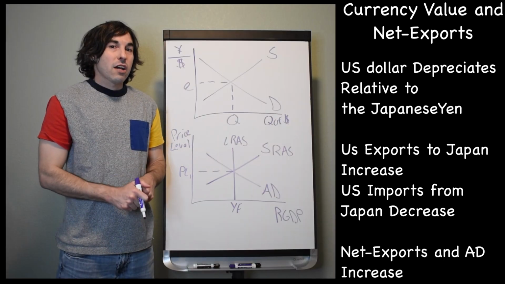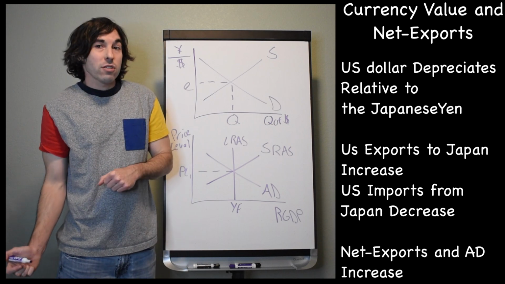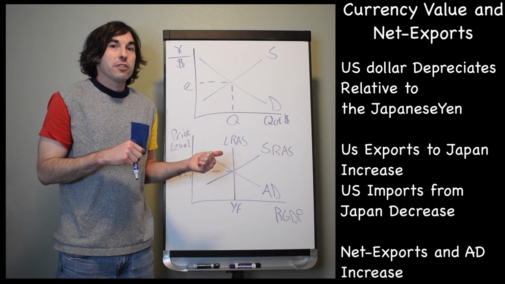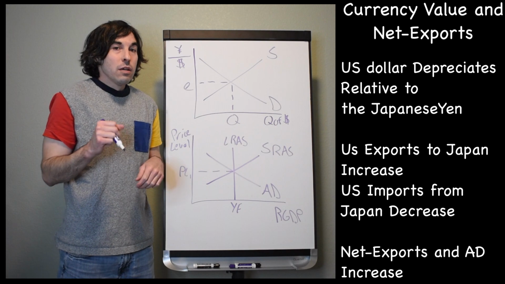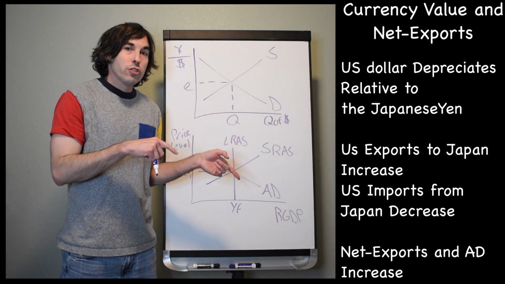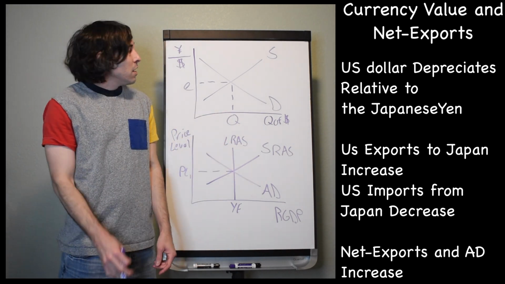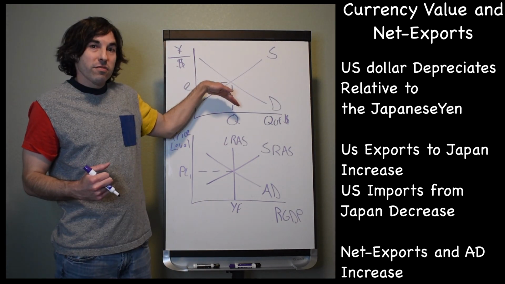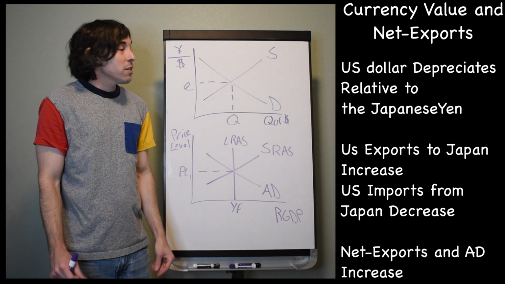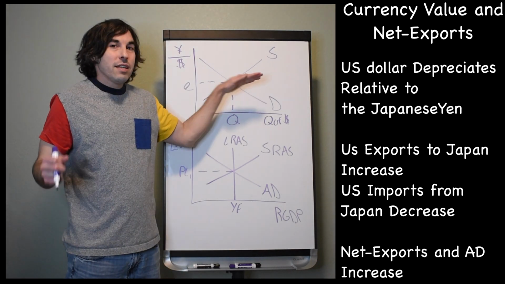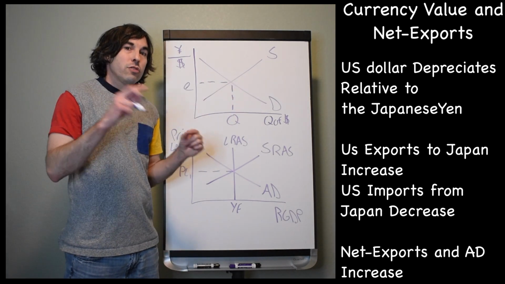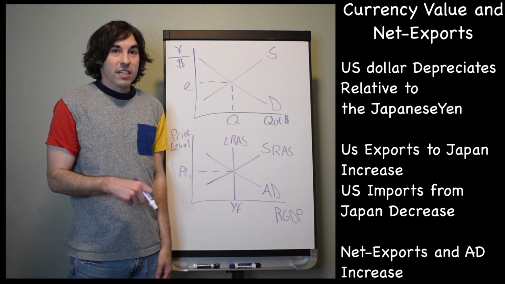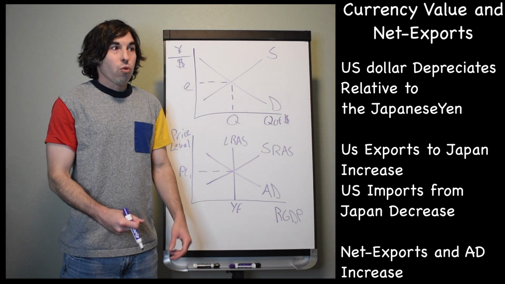Next, we'll look at the exact opposite situation. If now, instead, the real interest rate is higher in Japan than it is in the United States, we'd expect capital to flow to Japan from the United States. So you can show this a couple different ways. You could either have demand fall as Japanese investors no longer want to bring their money to the US, or the supply will increase. As US investors take money to Japan to put into financial assets like bonds or savings accounts,